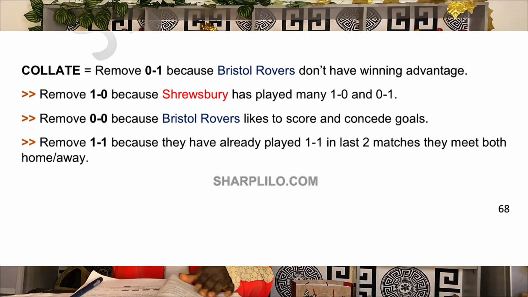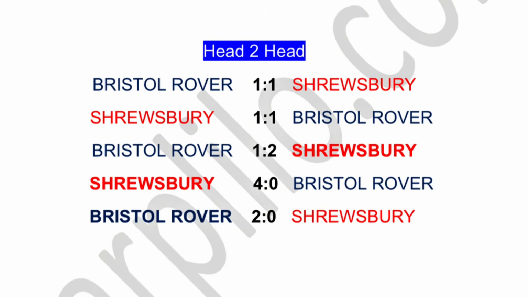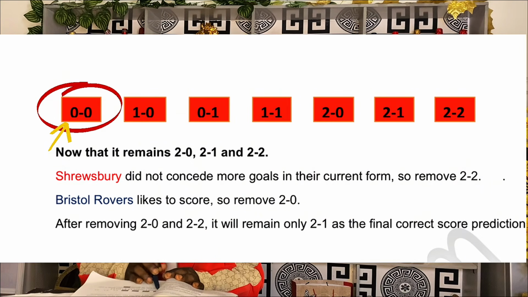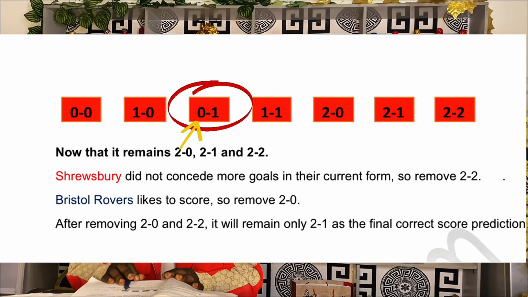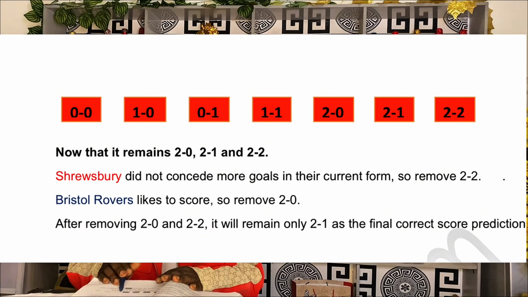Now looking up the previous match results, they have played 1-1 two times back to back. Bristol Rovers versus Strawberry 1-1, Strawberry versus Bristol Rovers 1-1. They have played 1-1 in their last 5 matches two times back to back, which means they can't play 1-1 again in this match. Now, after removing 0-0, 1-0, 0-1 and 1-1, the remaining 3 correct scores are 2-0,